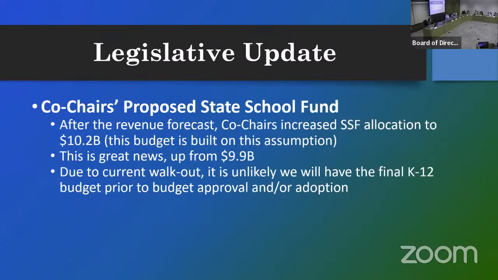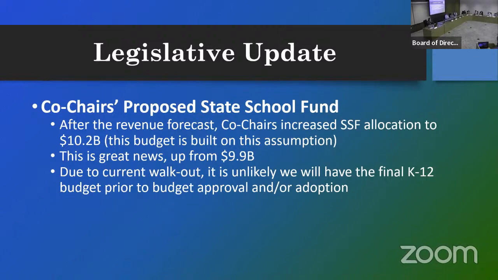So this goes to what I just mentioned. After the revenue forecast, the co-chairs increased the budget to $10.2 billion, and this is the number upon which we built our assumption. This is really, really good news. There is, however, a walkout going on in Salem right now, and it is unlikely we'll have the final K-12 budget from the state